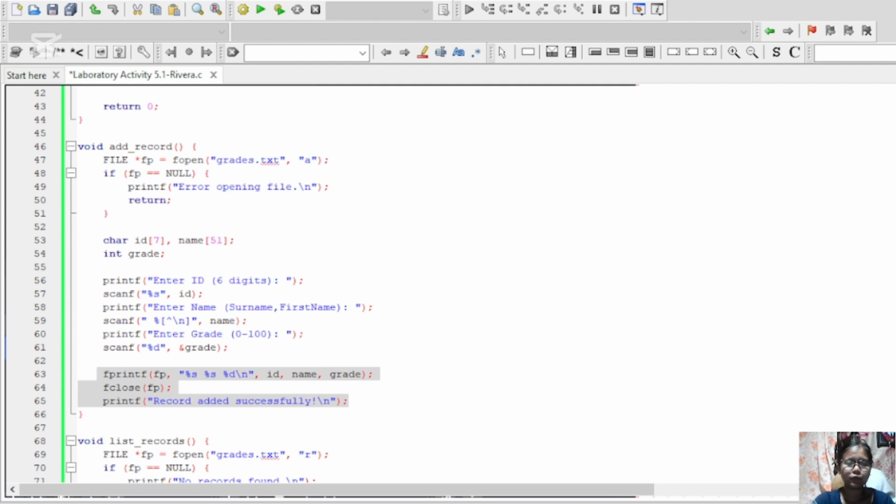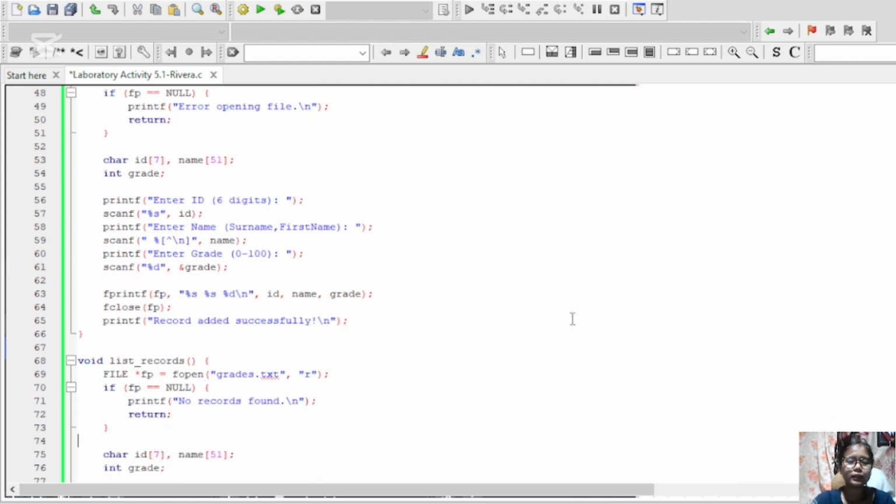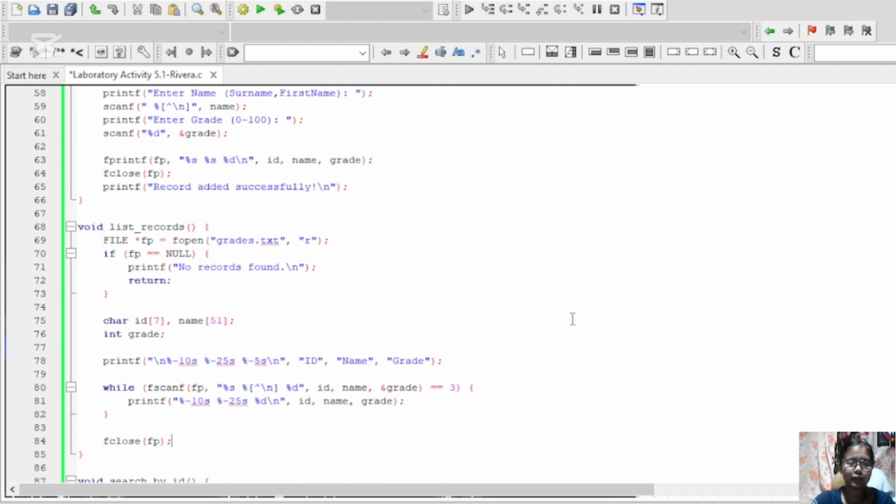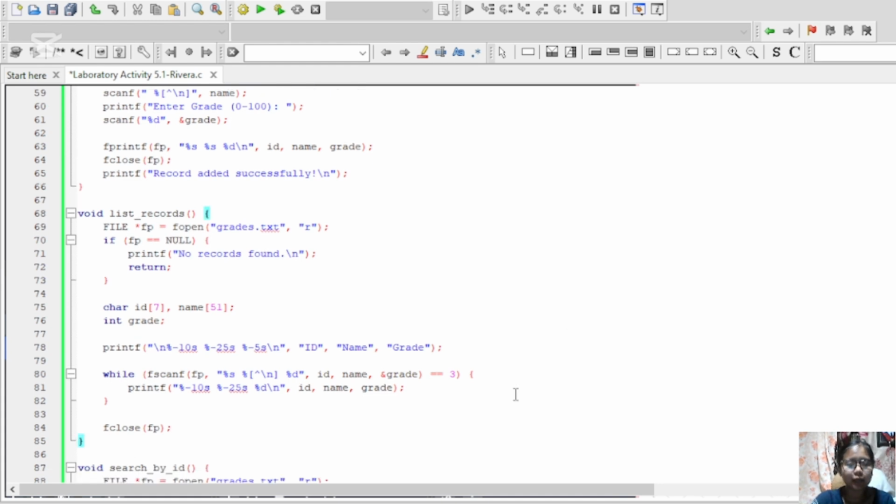Okay, for the next part, this line is to list all records. I open the file in read mode with fopen r, so the r means read.